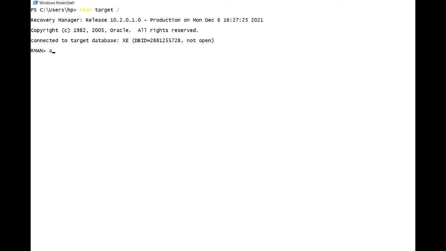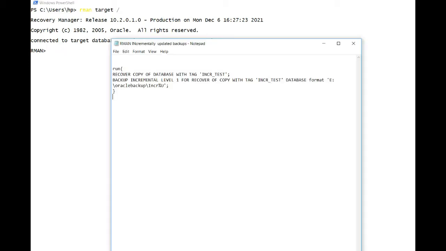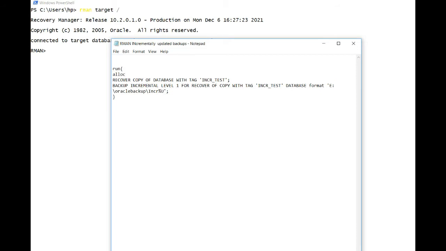Now that the database is in mount state, let's quickly allocate the channel, or we can do it here itself. Allocate channel C1 type disk, format, we'll take it in the E drive, Oracle backup, %U.